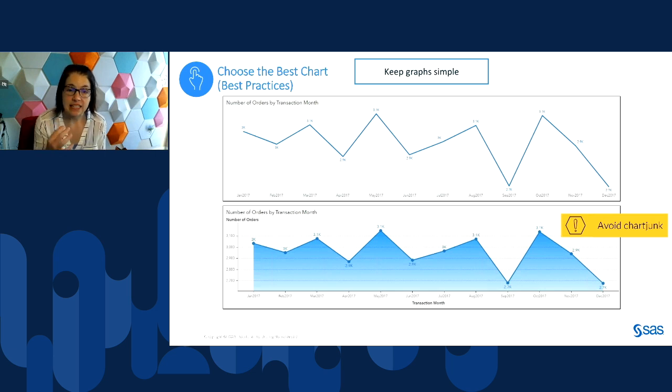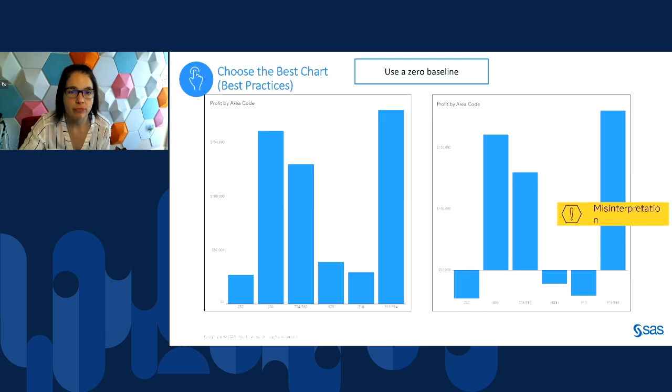In this case, this line chart is showing the same exact data. But in the top chart, we've removed all chart junk. So you can see things like the axes, the grid lines, the labels are not necessary to get the point across, especially since we have data labels added to the chart. So the chart on the top is much cleaner looking, it's easier to read, it's less messy than the one on the bottom. So it'll get our point across a lot cleaner.